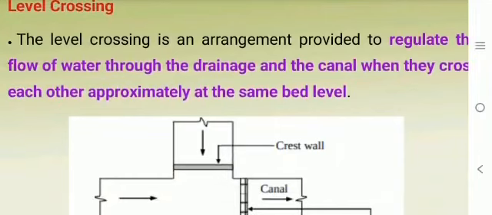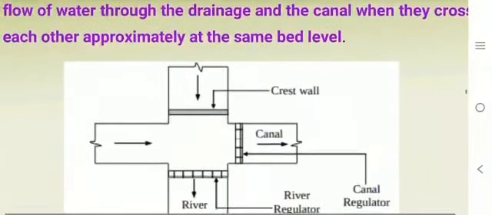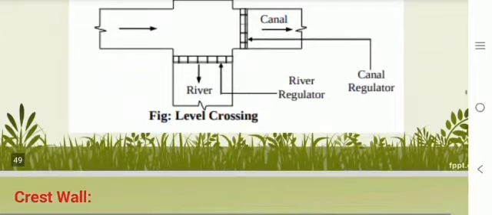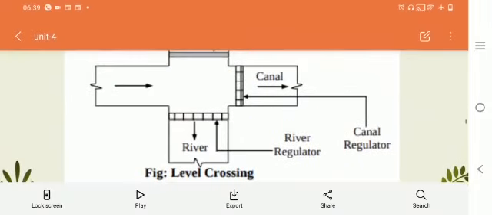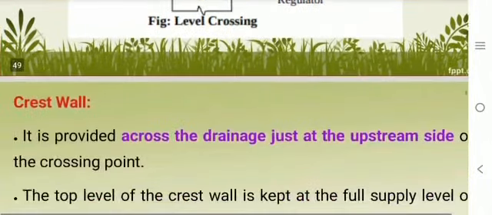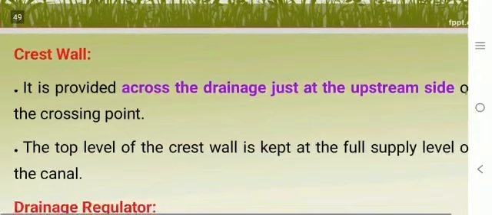And the next one is level crossing. The level crossing is an arrangement provided to regulate the flow of water through the drainage and the canal when they cross each other approximately at the same bed level. So this is the figure for level crossing. And a crest wall is provided across the drainage just at the